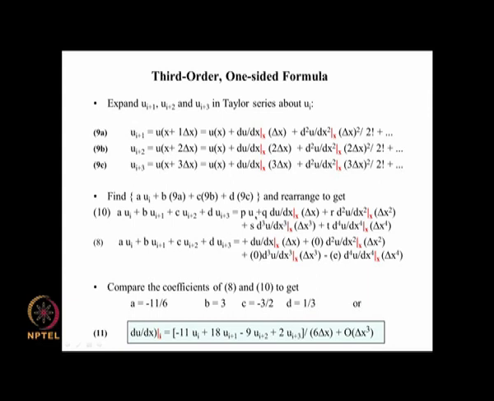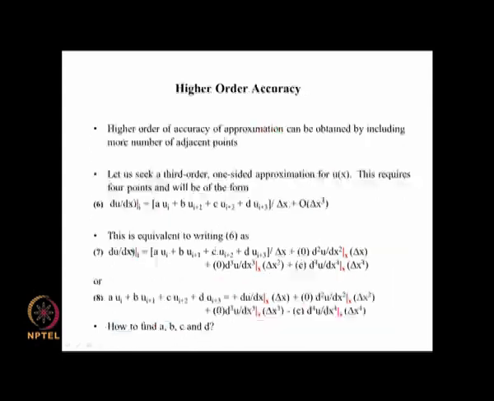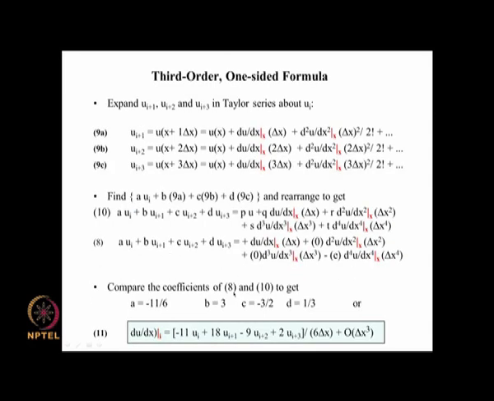And now we compare this equation with the equivalent expression, equation 8, that we said is equivalent to this approximation here with 0 coefficients here. And so from this we can say that P is equal to 1. So that is a plus b plus c plus d is equal to 1, and b plus 2c plus 3d equal to 0, and this will be squared here. So this will be 4b plus 9c plus 16d will be equal to 0, and so on like this.